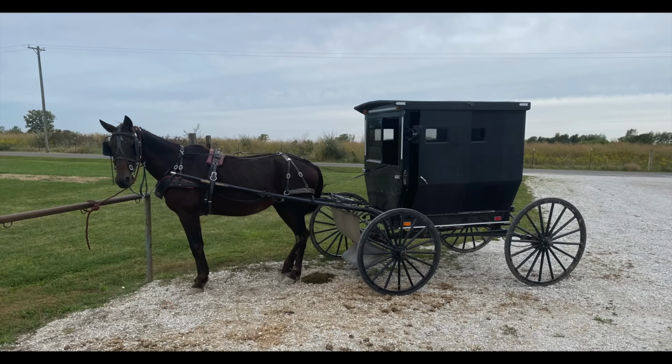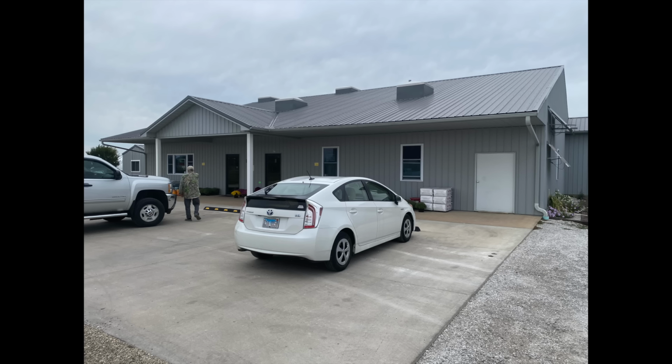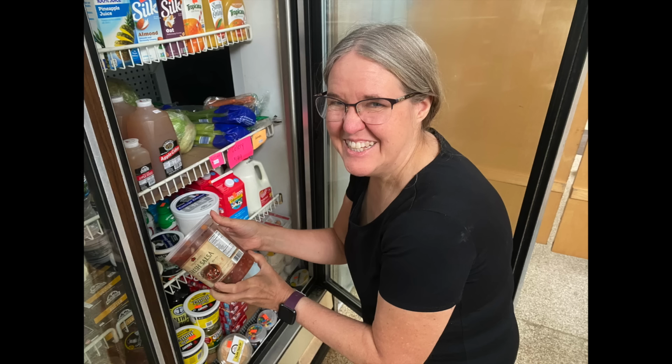But what if you need to do that and you don't have a whole lot of money? One of the ways to effectively stock your pantry without spending a lot of money is to buy items in bulk. Now, for several months now, we have had on our calendar a trip to Amish Country to buy some pantry staples in bulk. We took you along with us on that trip, and we'll show you exactly what we got. But before we head to Amish Country, if you're questioning exactly what you should have in your pantry,